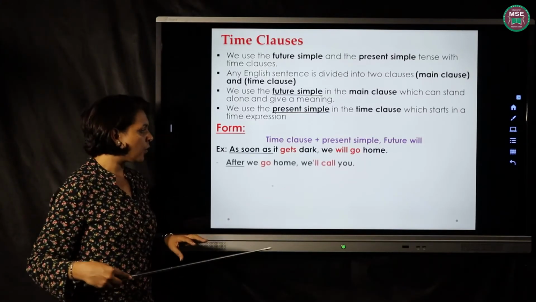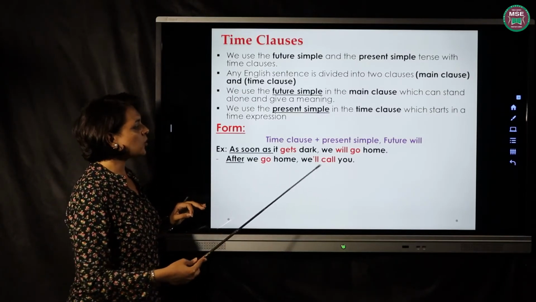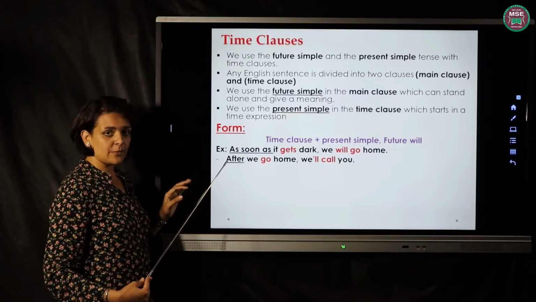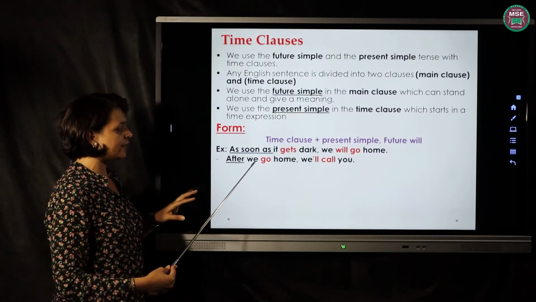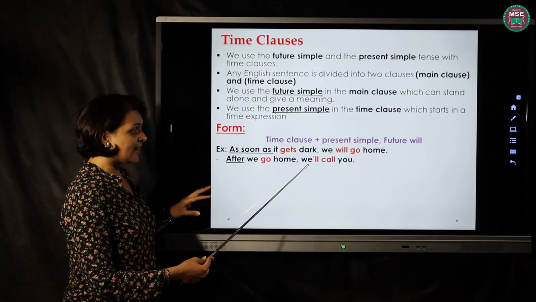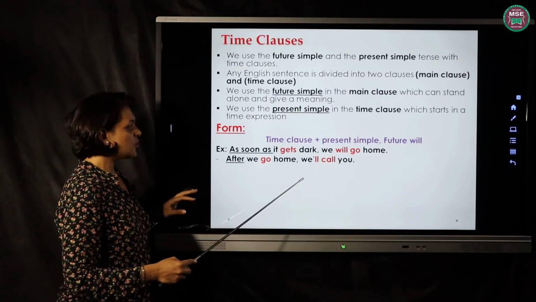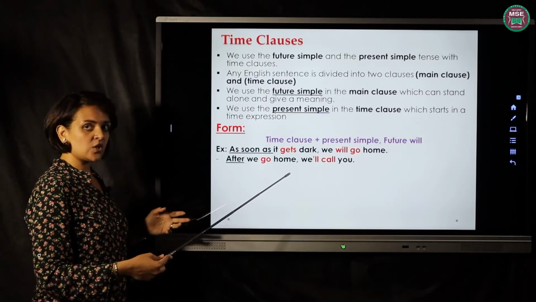The next example. After we go home, we will call you. Here, after is a time expression. After we go home also is a time clause. If it stands alone, it will not give any meaning. But I can understand something from we will call you. Okay? So this part must be in the future tense using will.